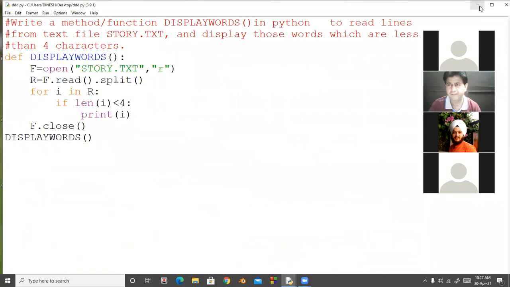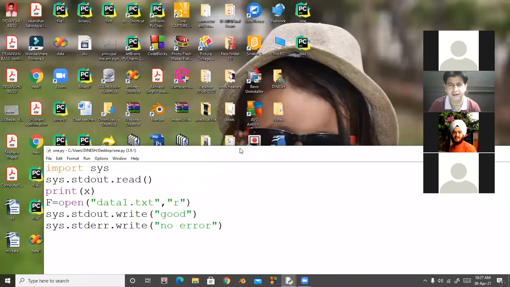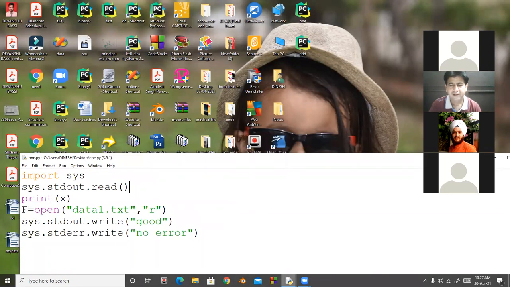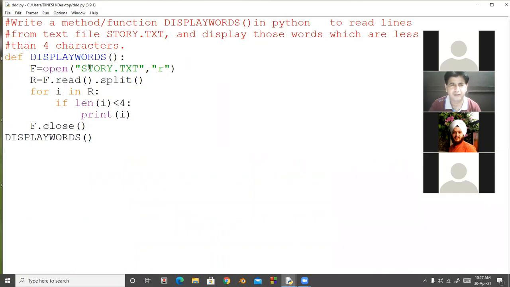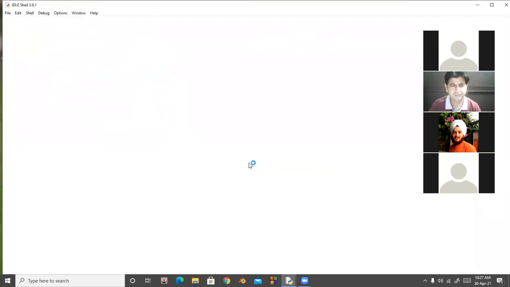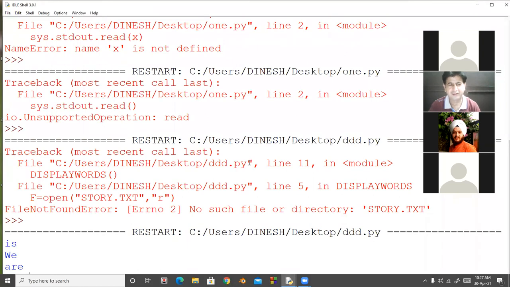So here, in place of story.txt, I am giving data1.txt, because the data1 file is here. I am running the program. Look at here. The words are we, and are.